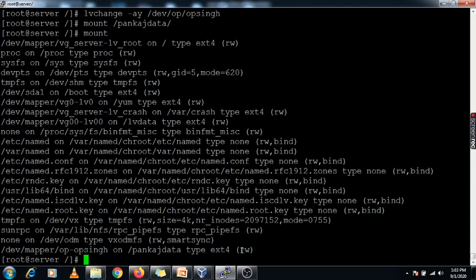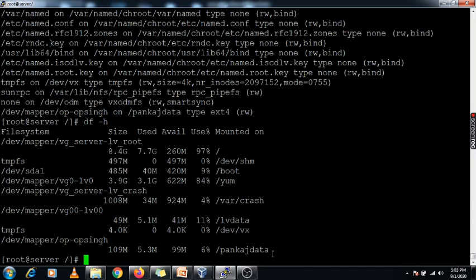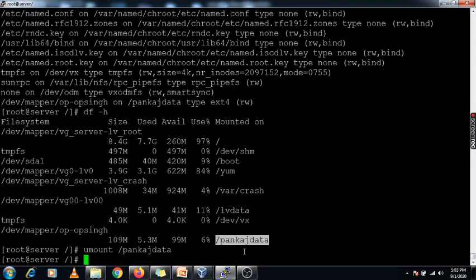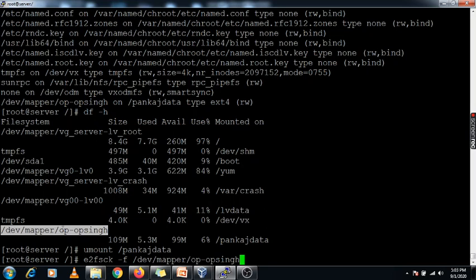If you want to reduce a particular LV, then you need to use another command. First you need to unmount that file system. I have unmounted that file system and now I am going to use the command e2fsck space hyphen m, giving the file system name.